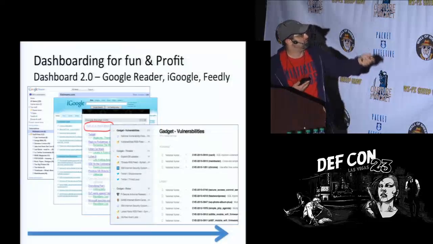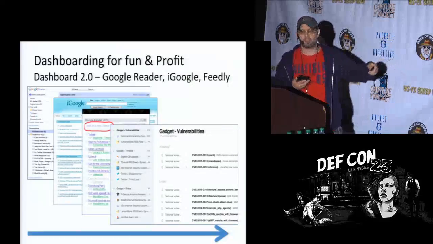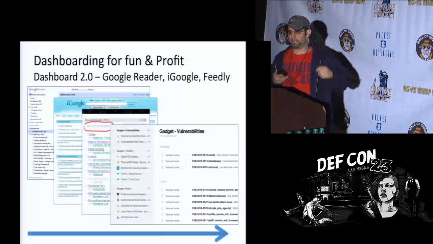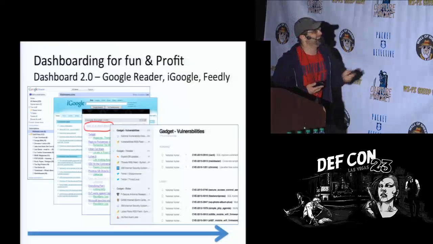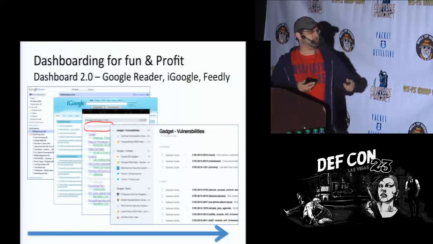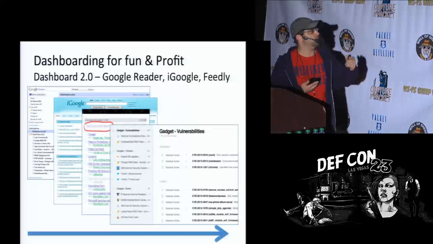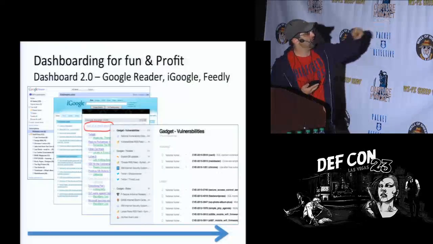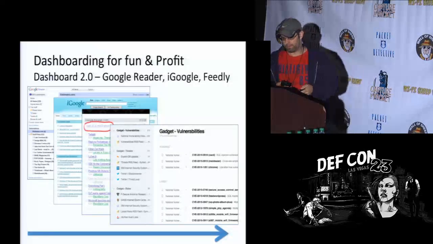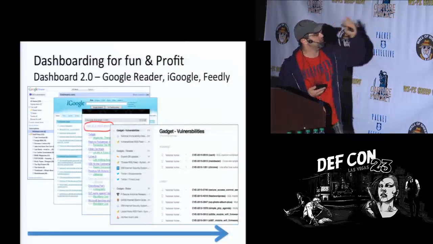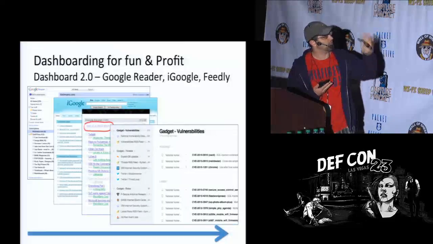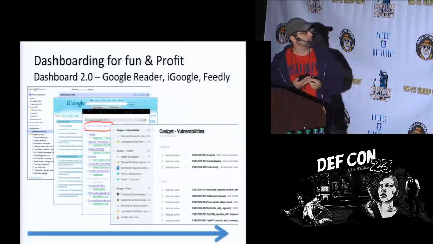And you can't see it here because this was a few years back, and I couldn't really recreate what I used to see, but I had one for threat, vulnerability, and then just some situational awareness type stuff. And that allowed me as an analyst to just keep up with things. Eventually, unfortunately, iGoogle went away, so that was really not too great. So I had to move on to